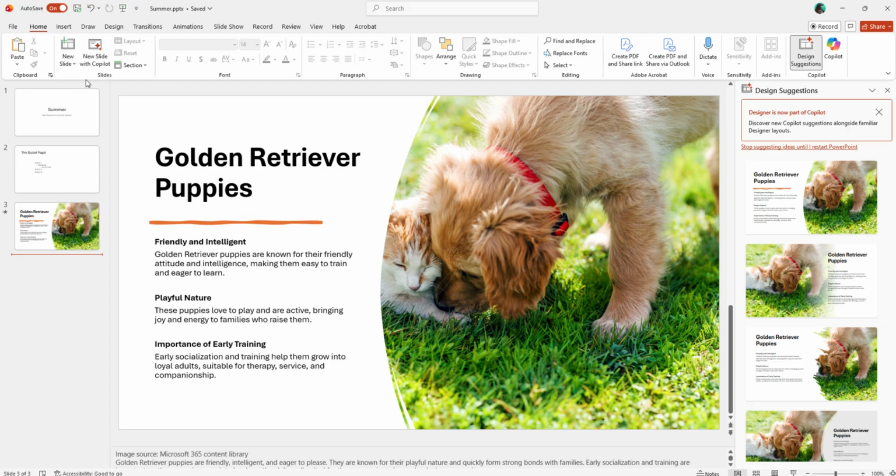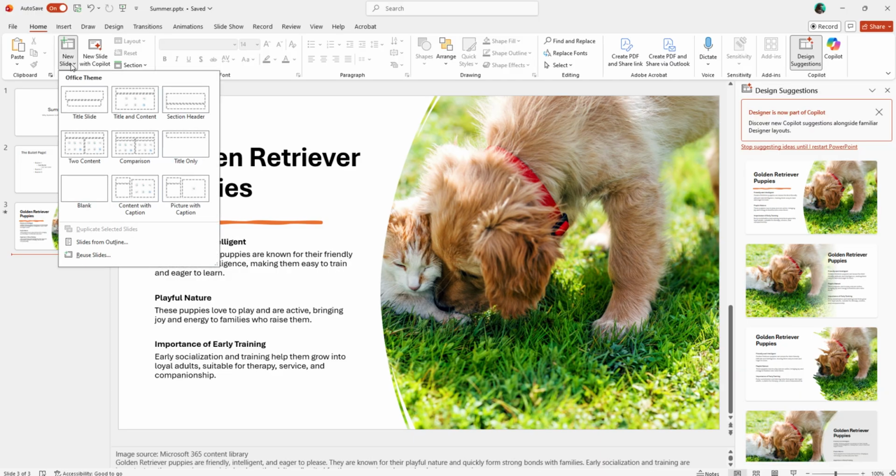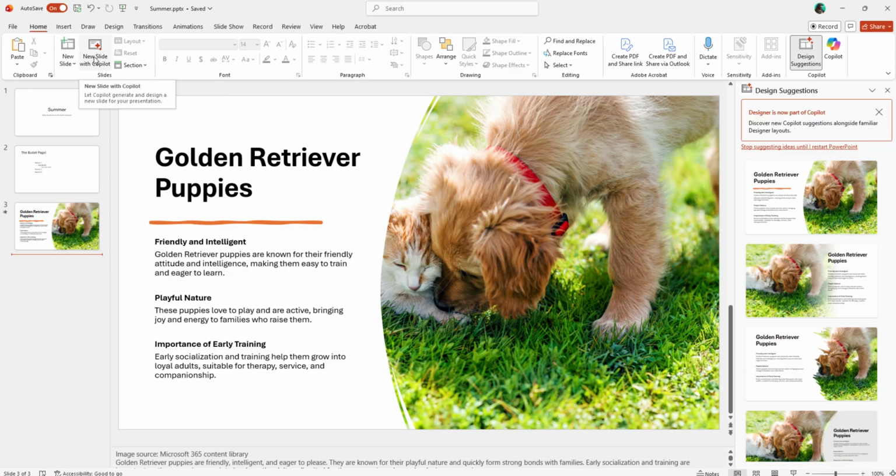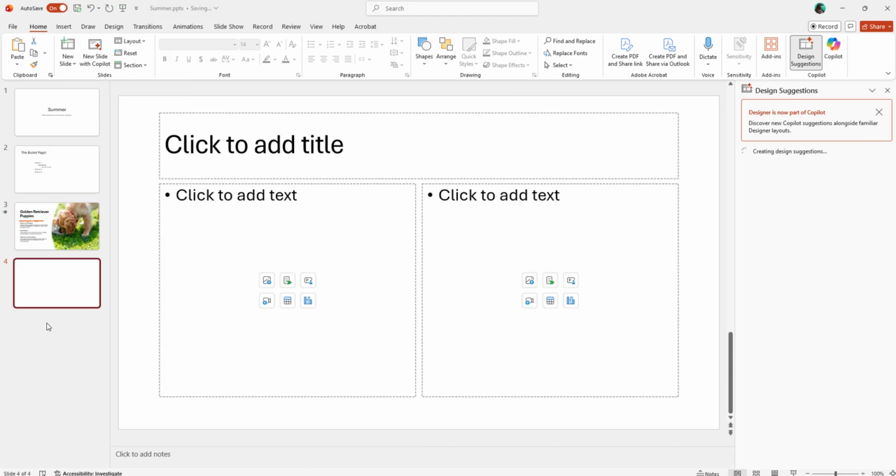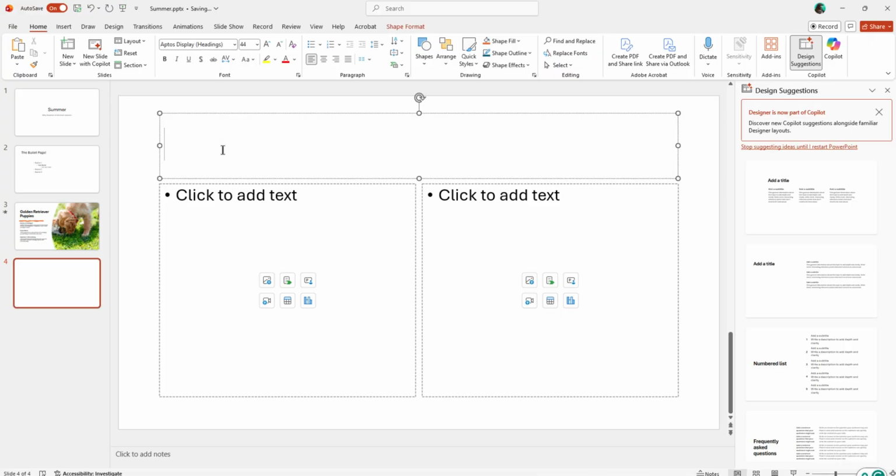I could do Control M on our keyboard, as in Mike, to add in a new slide as well. I could hit this drop down and choose a different layout prior to selecting the slide. Or if you're entitled to it in your environment, you can actually prompt Copilot to create a slide for you. Let's just do the keyboard shortcut, which is Control M,